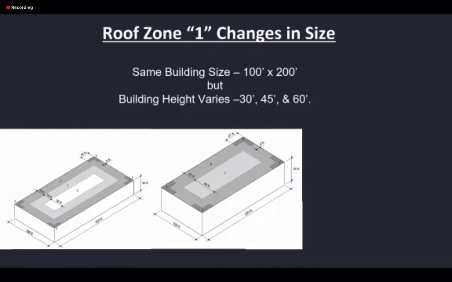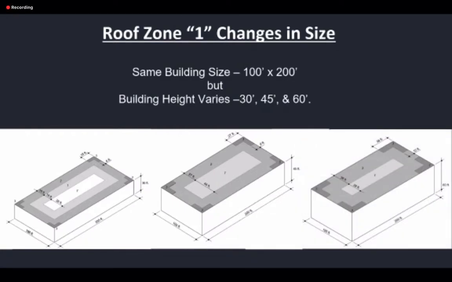So now you can see Zone 1 Prime gets eaten up, okay? Because 27 feet at Zone 2, sticking out, and then you add in another 27 feet for Zone 1, it eats up Zone 1 Prime, so it doesn't exist. Now, we take that same dimensions, and we turn it up a notch and go up to 60 feet high, and look what happens: those corners, the Zone 3s, have gotten so much larger. Zone 2 is so much larger because now it's at 36 feet,